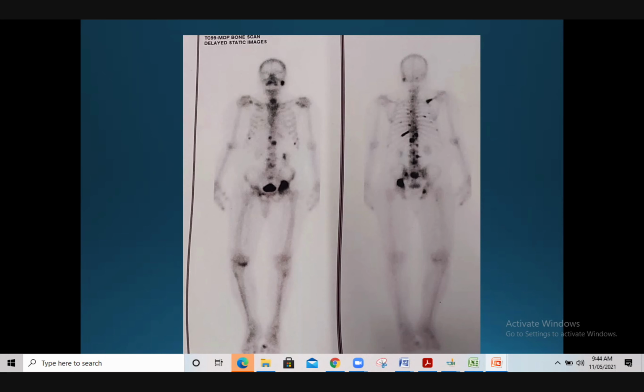Because the spinal metastasis can cause paraplegia itself, ma'am. Extensive vertebral spine metastasis can be more debilitating to him. That is one answer. Second answer,